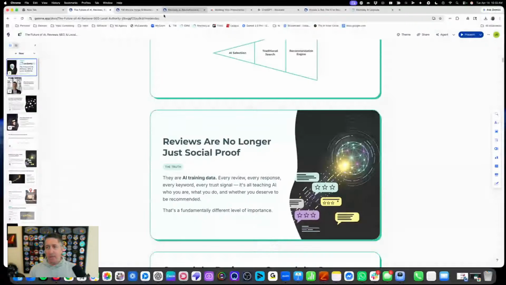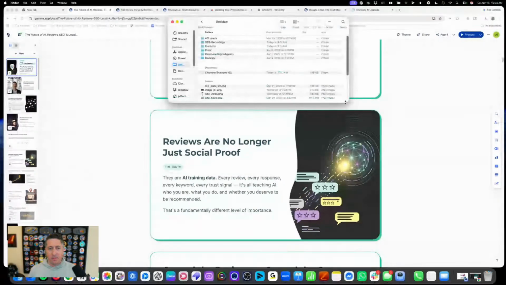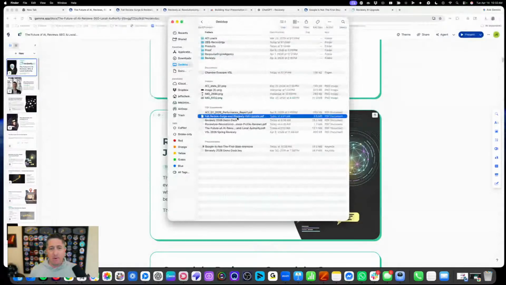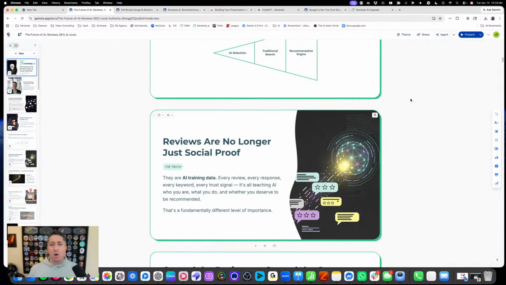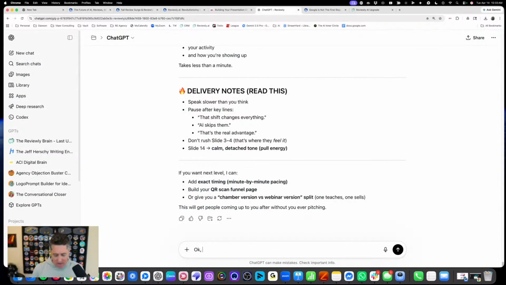So I can probably give it this deck, but what I did was I actually downloaded it into a PDF format. So I actually downloaded 4 PDFs today from all of those decks, right? So I've got the fall update, my demo deck, my Revolutionized Reviews, and then the Future of AI and Local Authority. So those are the ones we're going to do from here. So I'm going to upload these. Okay. So now I am going to upload all my sales decks that I use to present to an SMB,